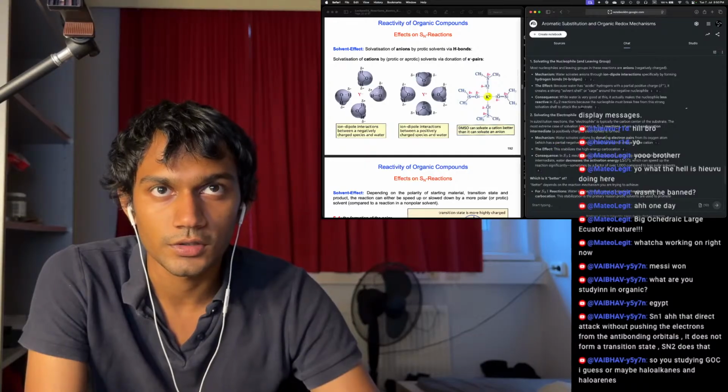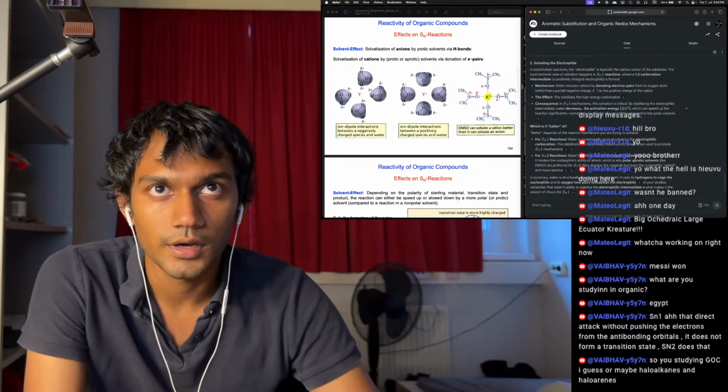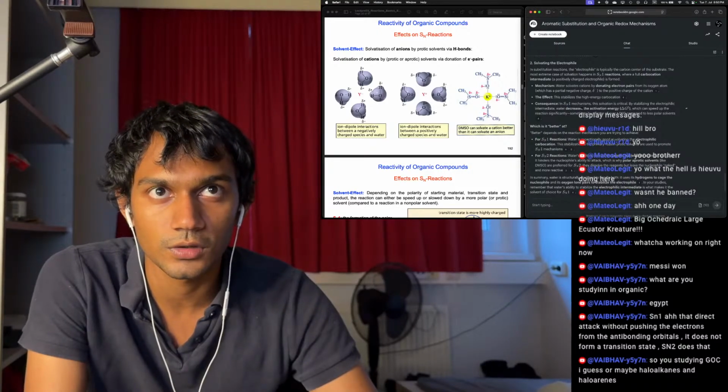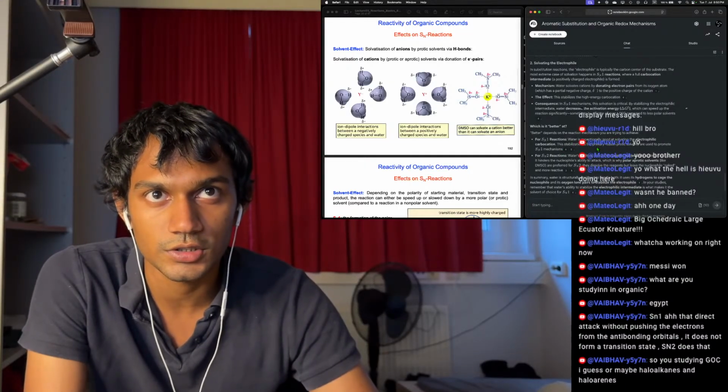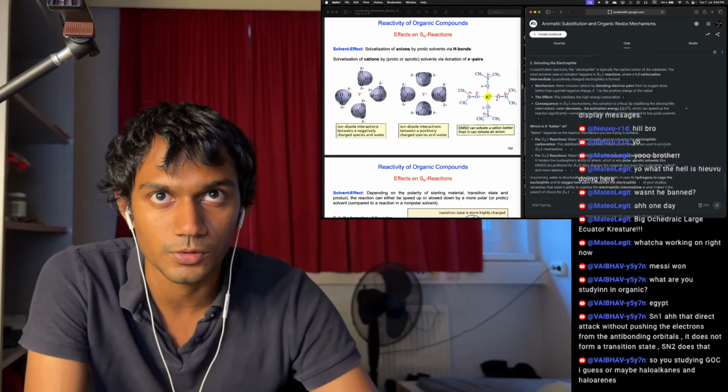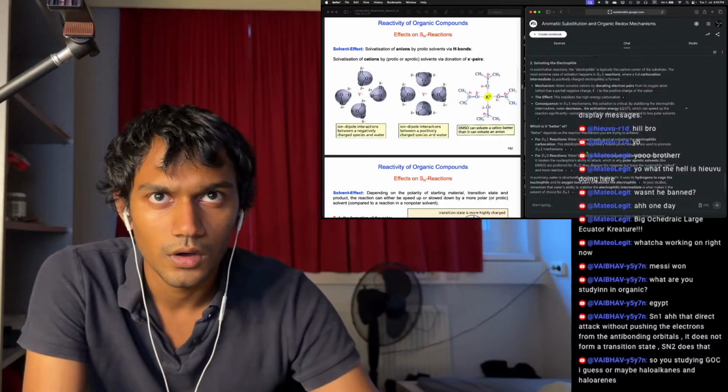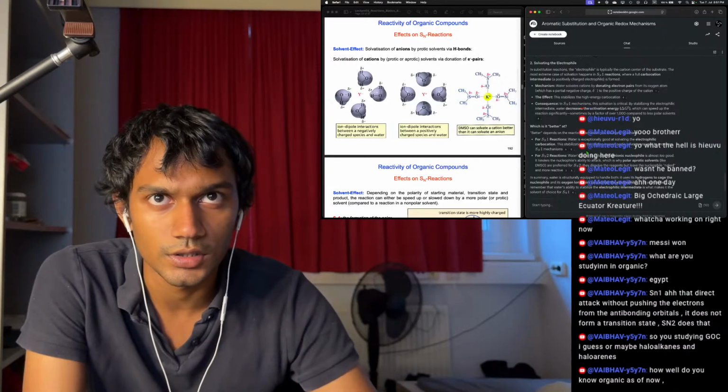Water solvates cations by donating electron pairs from its oxygen atom. Which is better depends on the reaction mechanism you're trying to achieve. In an SN1 reaction, water is exceptionally good at solvating the electrophilic carbocation. This stabilization is the primary reason protic solvents are used to promote the SN1 mechanism. Oh, it stabilizes the